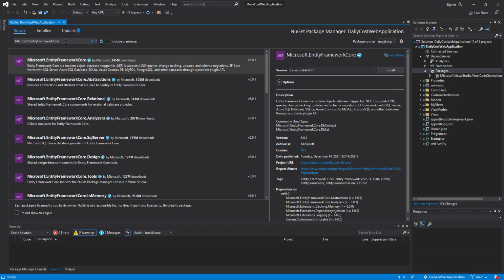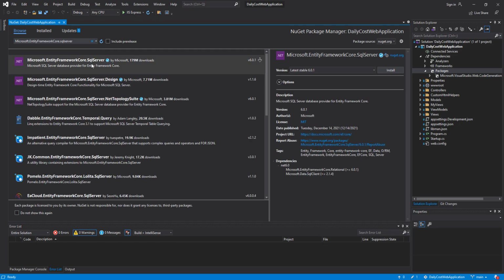But if, for example, I use Microsoft.EntityFrameworkCore.SqlServer, this package automatically installs Microsoft Entity Framework Core Relational for me because it has a dependency on Microsoft Entity Framework Core Relational, and it also automatically installs Microsoft Entity Framework Core. But as I want to show you all the steps of installing the required packages,